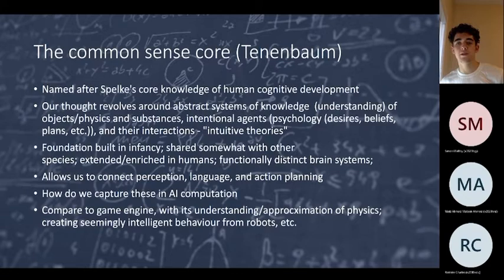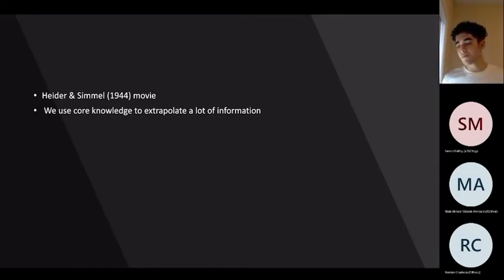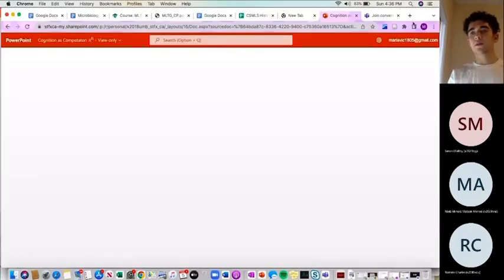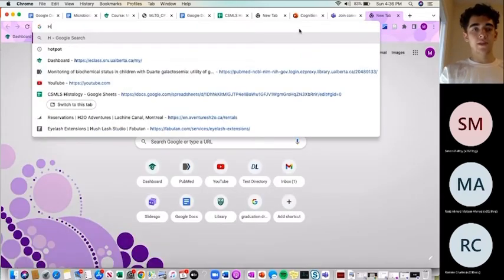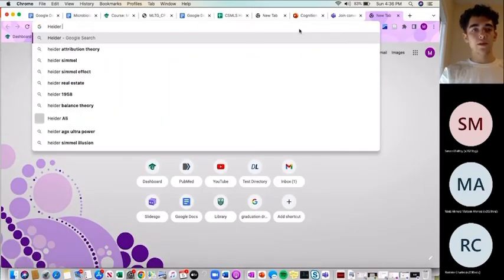And again, the game engine also has an understanding of what intelligent behavior looks like, and it encodes this into its little robots that might fight you in Call of Duty or whatever. It makes the behavior look intelligent, and he compares this to how we might understand psychology in others. He shows the Heider and Simmel movie from 1944. It's just a little clip, and he gives us this as an example.